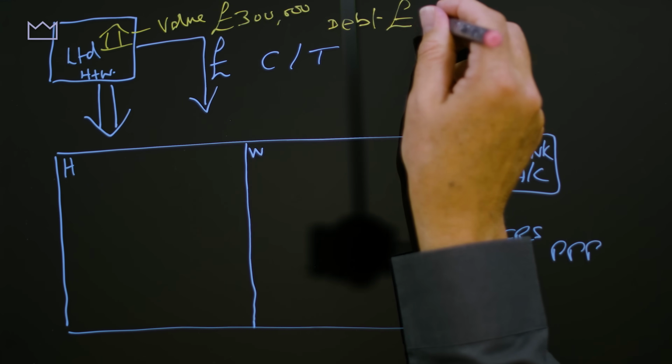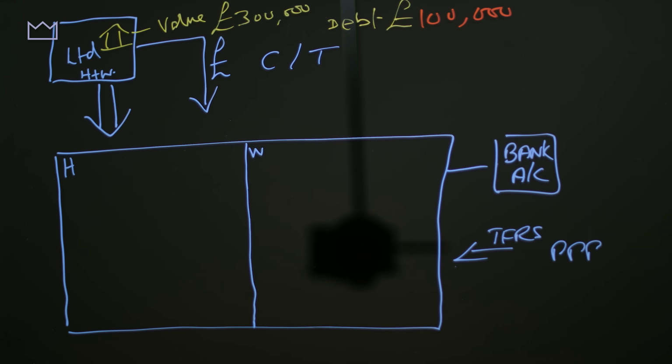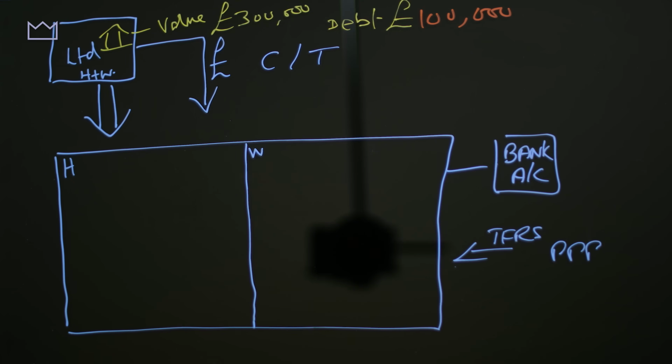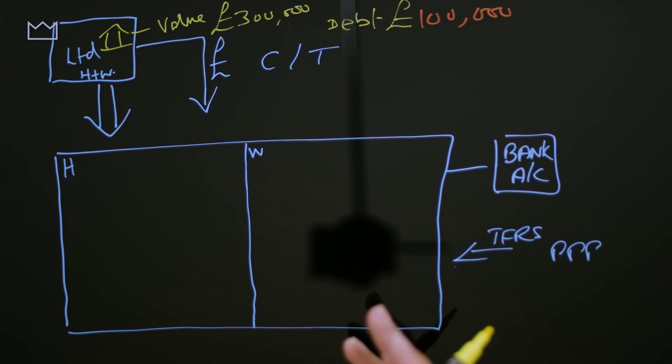It has debt of £100,000. So they have a mortgage in the company on which they're paying interest and capital back to the bank each month. So they've put money in the SSAS, they've had transfers come in. So let's assume that with the transfers that they've brought in and the contributions that have been made for the